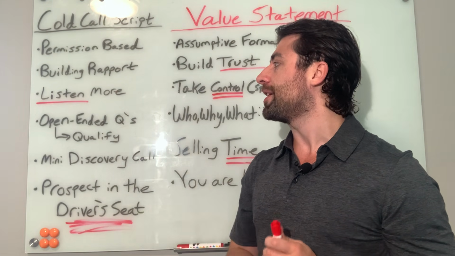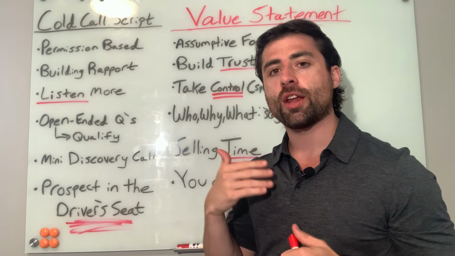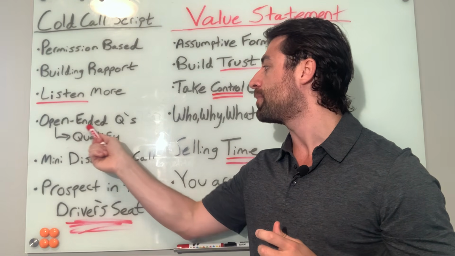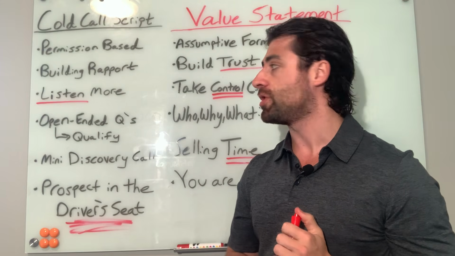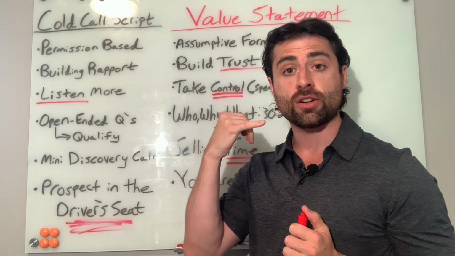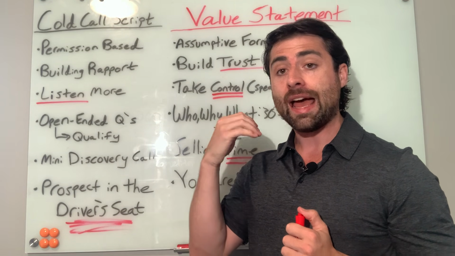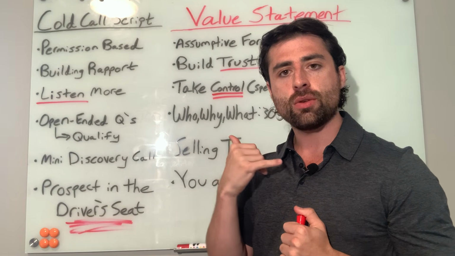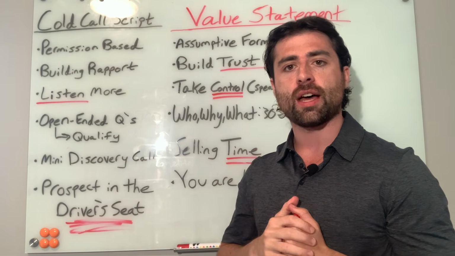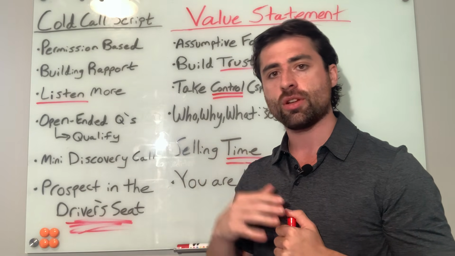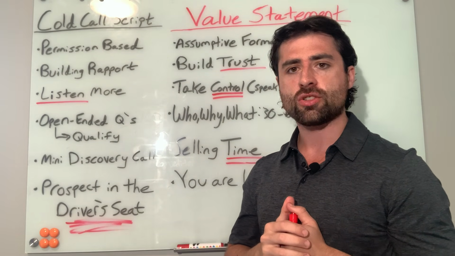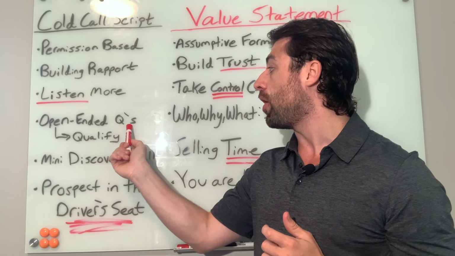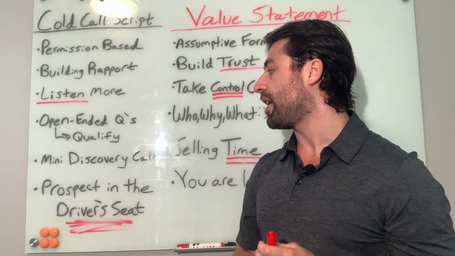The next most common characteristic is that you should listen more. You want to get the prospect doing most of the talking, and you shouldn't be doing most of the talking. And you do this by asking open-ended questions and qualifying them. Oftentimes it starts off with you telling them what you do, and then without telling them any other details, you just start going into, so what system are you currently using, and how long have you been on that, and how's that going for you? Do you have any initiatives in the near future? And you haven't even told them what the purpose of the call is yet. So common characteristic, asking open-ended qualifying questions.